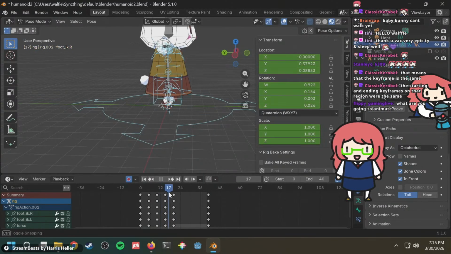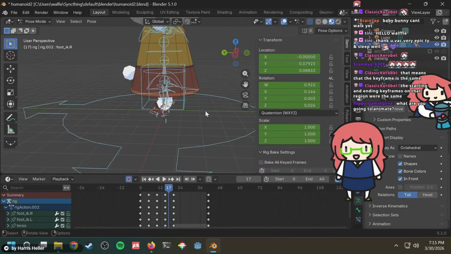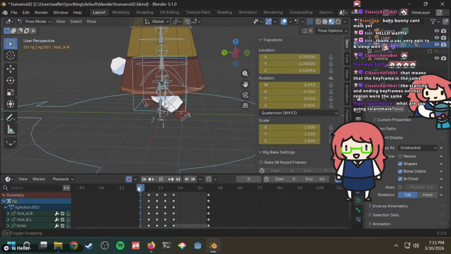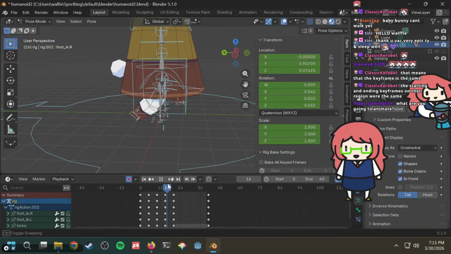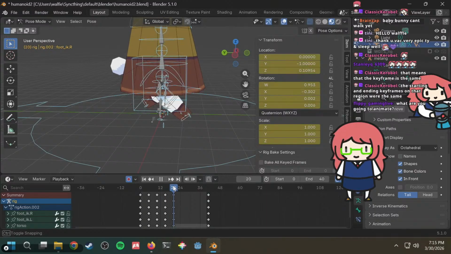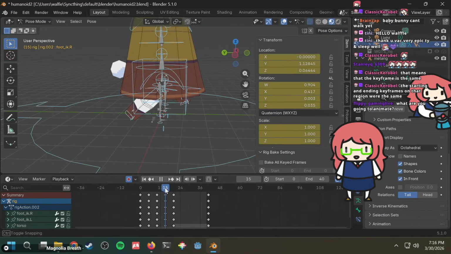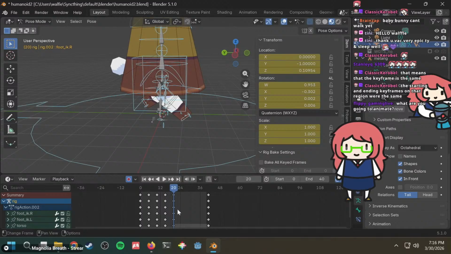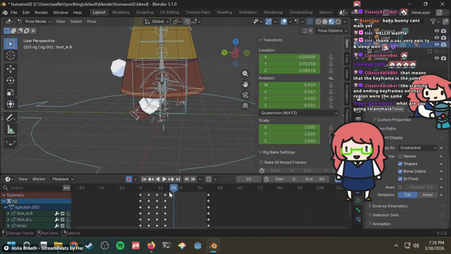What am I gonna animate? It is this running animation. I guess it would be a walking animation. It goes like this, goes that way, and goes back. Wait, why is this not rotate? Hold on. I think this is wrong. I delete this. I'd like to delete this.